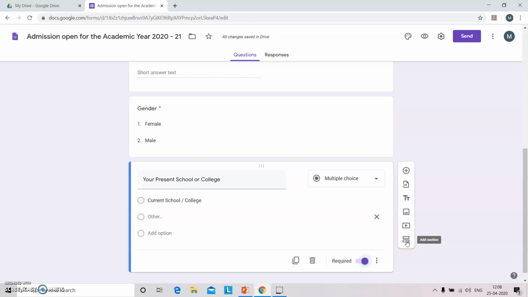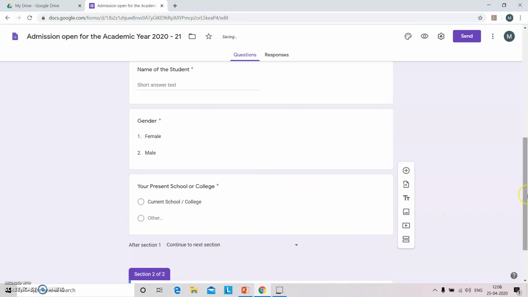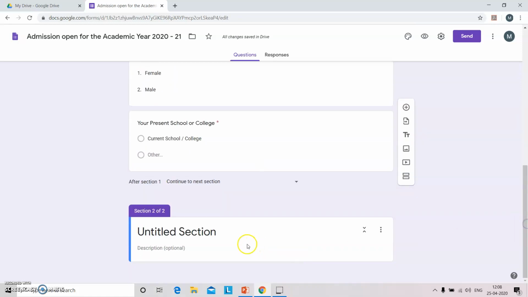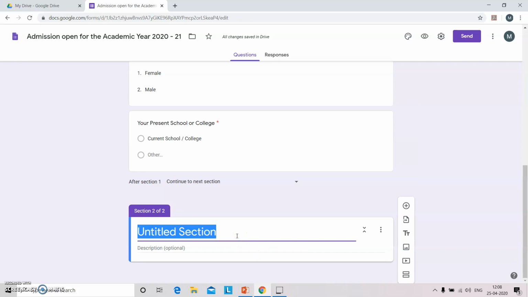You can also split the sections, or you can add the sections. After adding the section, you can give here the title of the section, parents or guardians information.